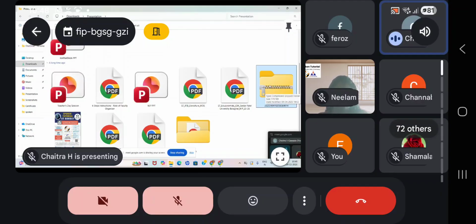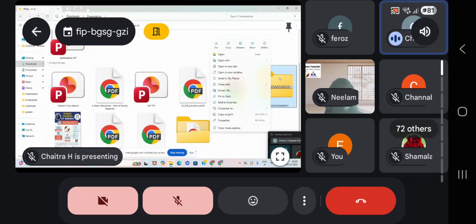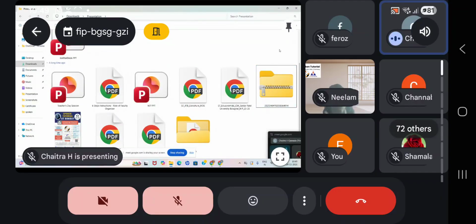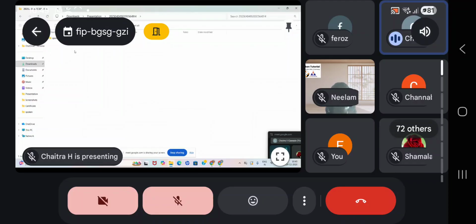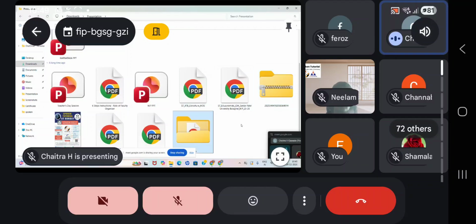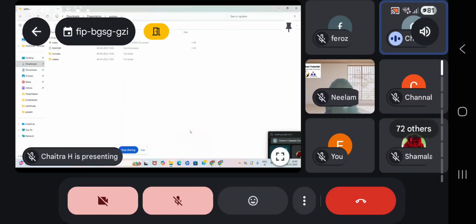Now the very first step is you have to extract this zip file. All the videos are in the zip file. Once you right click, you will find one option, extract all. So you have to extract the zip file. Directly opening the zip file will also open, but the videos may not play. So it's better to extract first. The extracted folder name will be spoken only. So this is the extracted file.